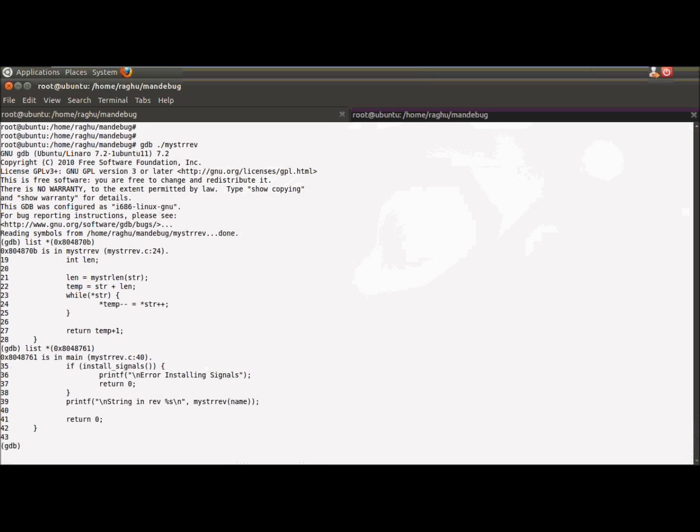So you can see this is the main function stack. It means the main function was invoking this particular routine MyStringReverse. And you can see line number 39, that particular function call. This function call to MyStringReverse from main is being invoked by passing the argument name. Let's try and list, let's say line number 30